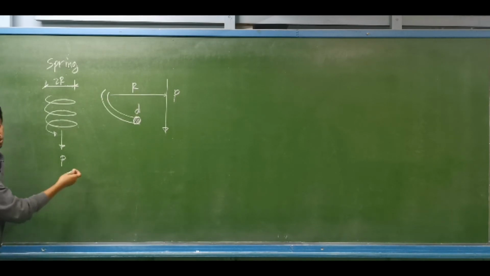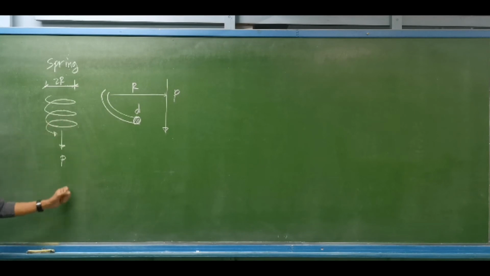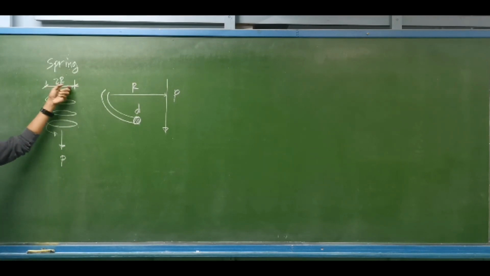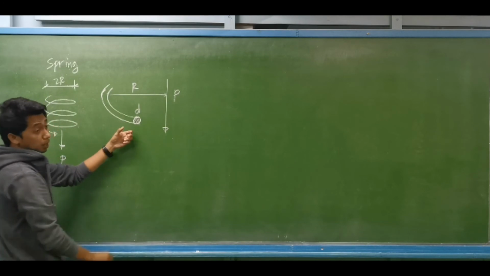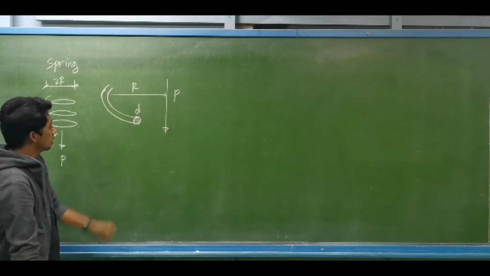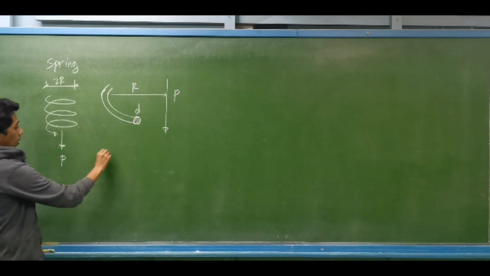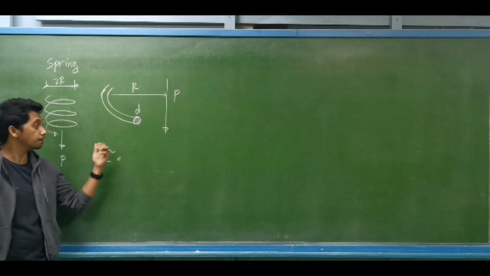So let's discuss spring. For example, we have this spring carrying a load P. Let's say the diameter of the spring is 2R, or twice the radius. We are just to consider a portion of the wire used for this spring having a diameter of d. We are required, for example, to compute for the shearing stress experienced by the spring in carrying